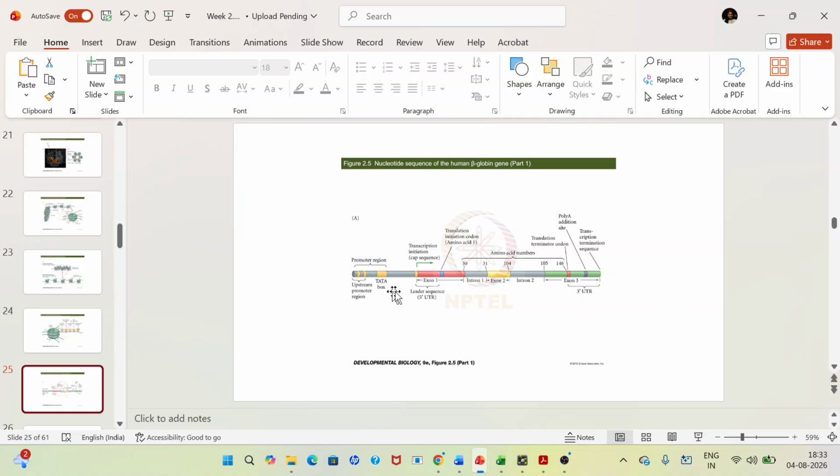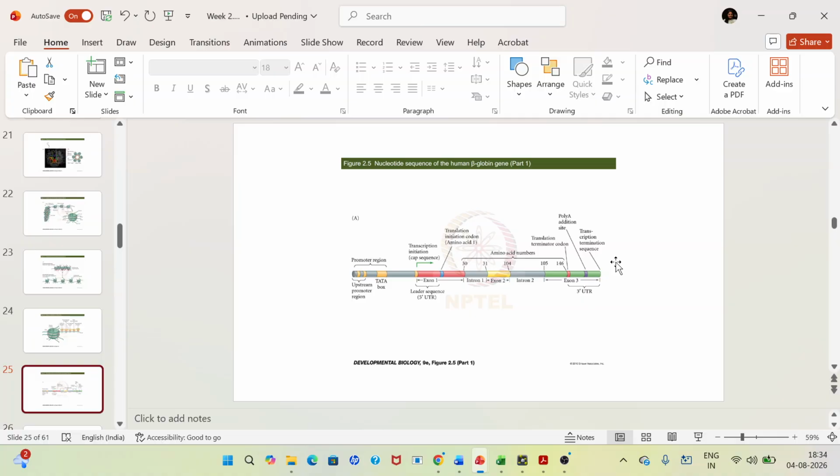Okay, so it has a promoter region which has a TATA box in it. A TATA box is basically a transcription factor binding site. Then the transcription initiation, it has a 5 prime untranslated region. Then exons, introns and all. Then a 3 prime untranslated region